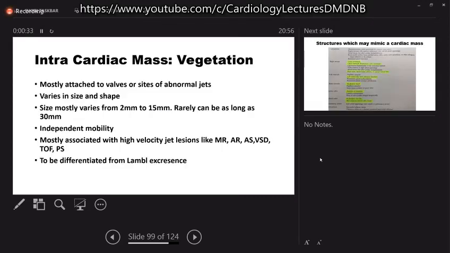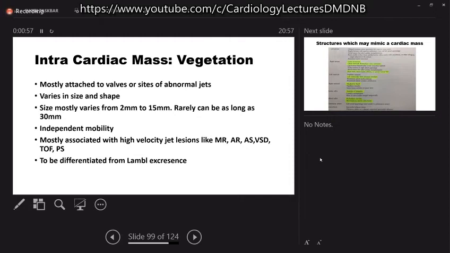Intracardiac mass, vegetations mostly attached to valves or sites of abnormal jets, for example VSD or PDA. It varies in size and shape. Size mostly varies from 2 millimeters to 15 millimeters. Rarely it can be as long as 30 millimeters. When the vegetation size is more than 10 millimeters, it is thought that there is a high risk of